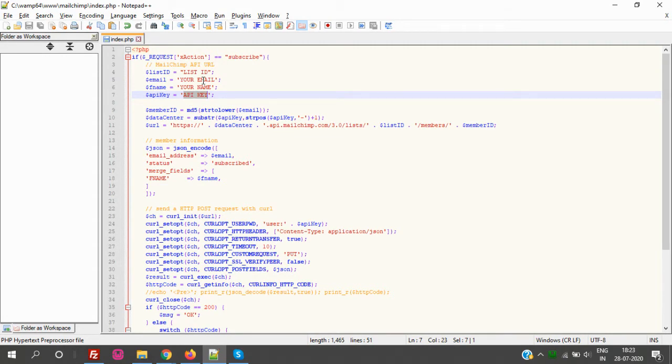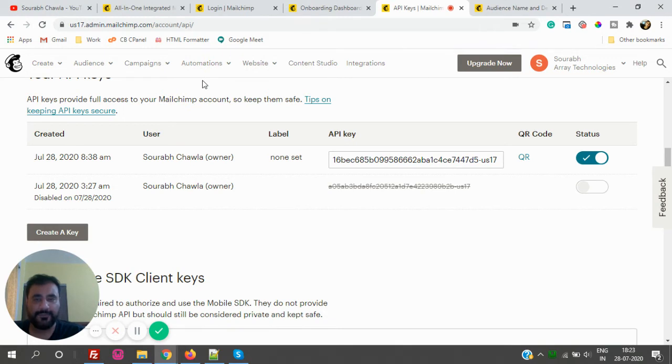What list ID means is, for example, whenever you create an API in Mailchimp, you have to create a contact list for a campaign. Okay, so let's suppose you have a welcome campaign going on. Whoever registers on your website, you send them an automated email saying, hi, welcome to my website, your credentials are this and you will get these benefits, whatever your content would be. Okay, so how do you do that?